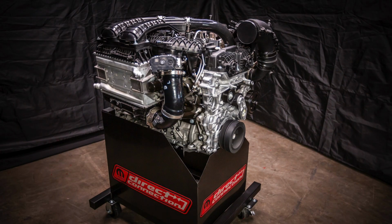So here's what the Hurricane engine itself looks like. It's going to be an inline 6. It's going to be a twin turbo for the standard and the high output versions. The standard version, they're rating at 420 horsepower, and the high output, I've seen a few different numbers between 520 and 550 horsepower. The difference is going to be forged pistons on the high output version, along with some differences on the intercooler and the charge piping,